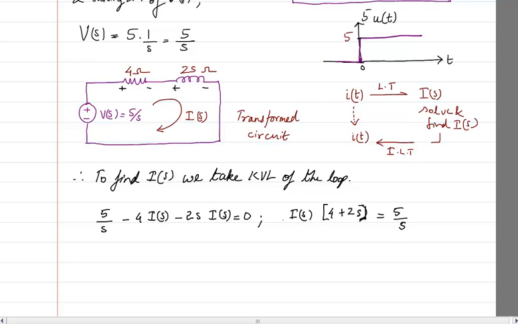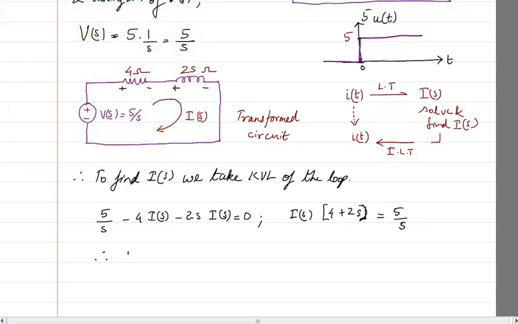Okay, how? I have taken these two values to the other side, and I have taken I of S common, and that's how I get it. So that part is done. So now I will get I of S as,